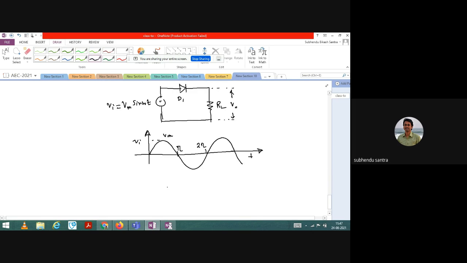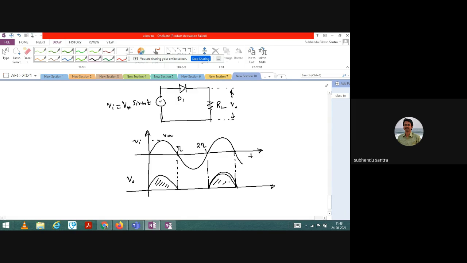And in the same graph, if you draw the output voltage, I think you already know this, it is just a repetition, and you already did the analysis. You will have only the positive half, because the diode is forward biased in the positive half and reverse biased in the negative half. So you can say it is a negative clipper also. The rectifier is nothing but a negative clipper. So this is your V0.